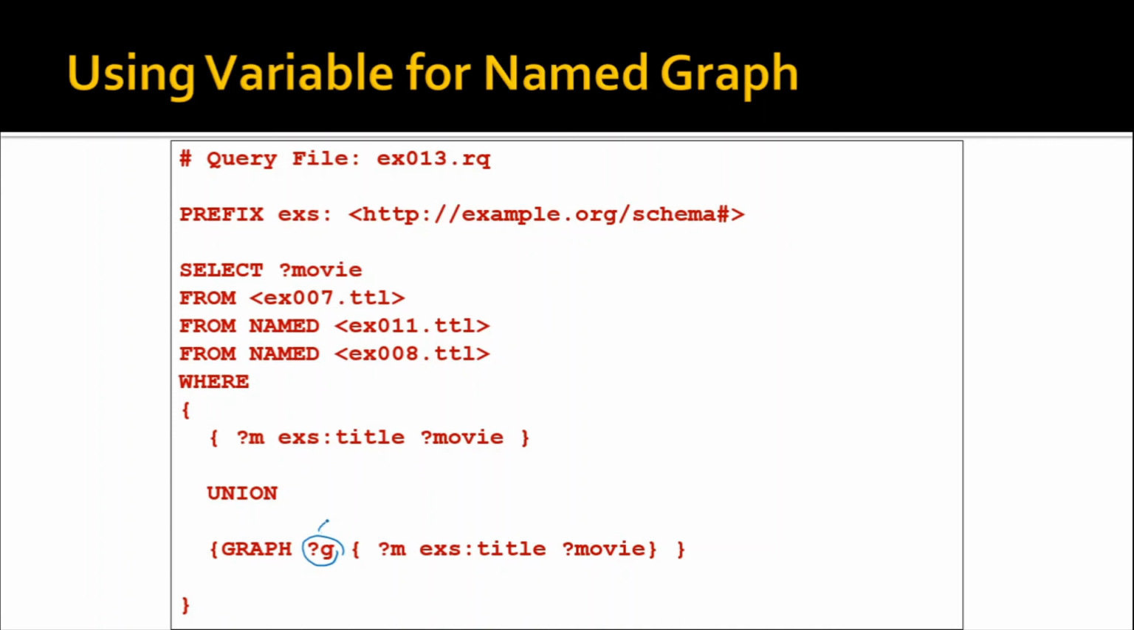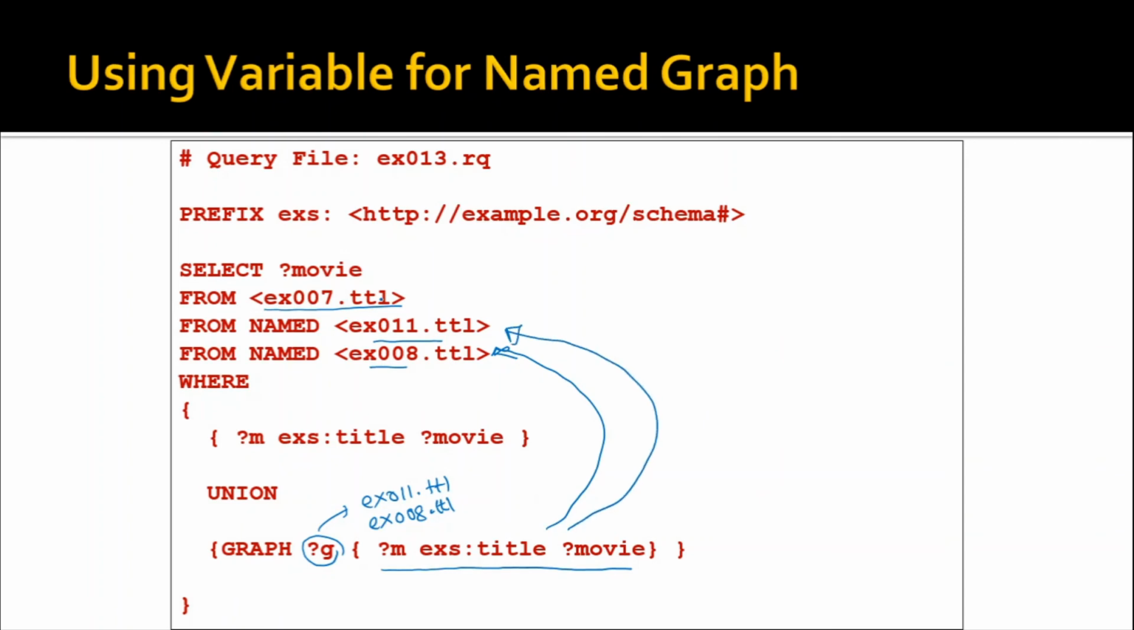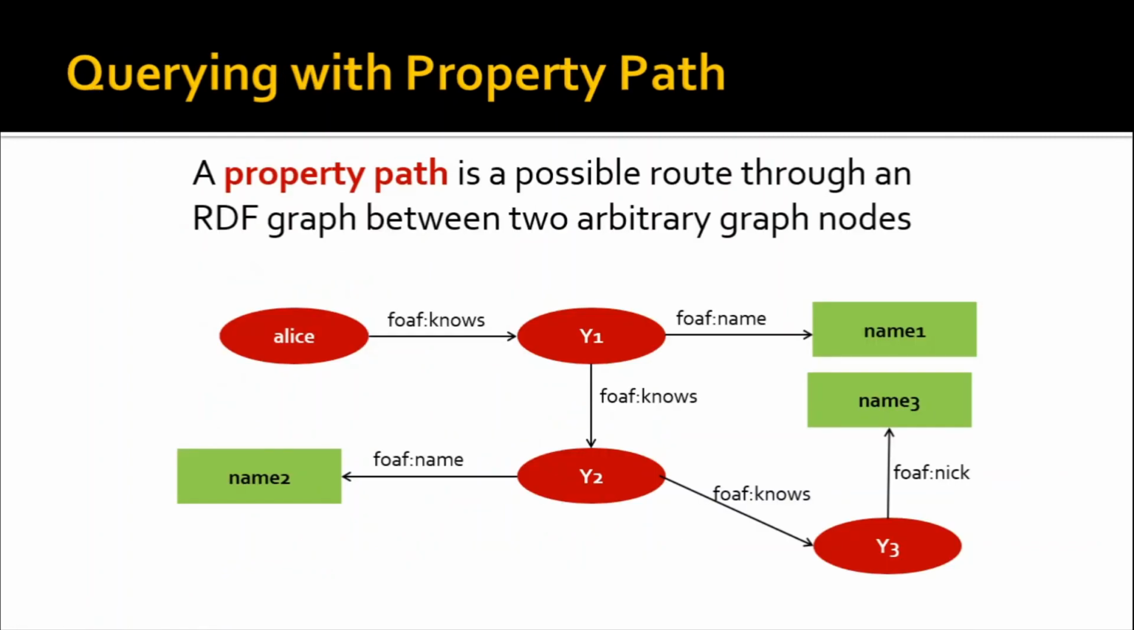So in the first instance, this will be instantiated with, say, EX011.TTL. In the next instance, it will be instantiated with EX008.TTL. And you know that all the triples like EX007.TTL, EX011.TTL and EX008.TTL will be coming into the picture, right? But you need to consider that this particular triple will be matched against these two graphs, or the triples from these two graphs, but not the other graph, right? But this will be checked against this graph, the triples from this graph, right? So what we have